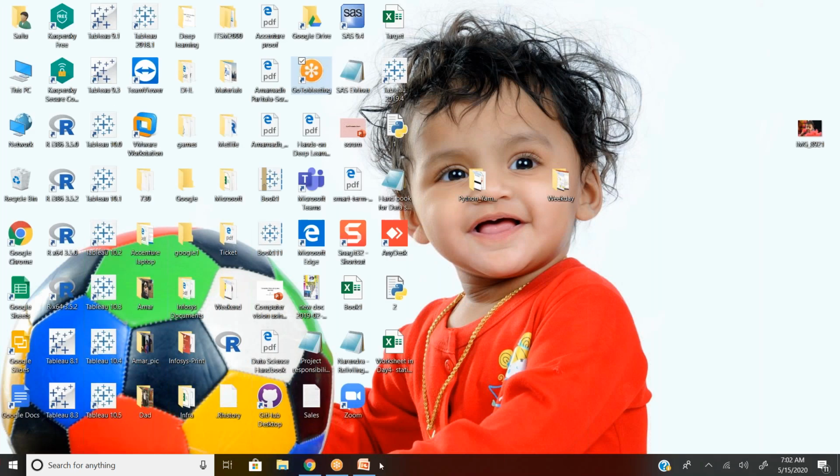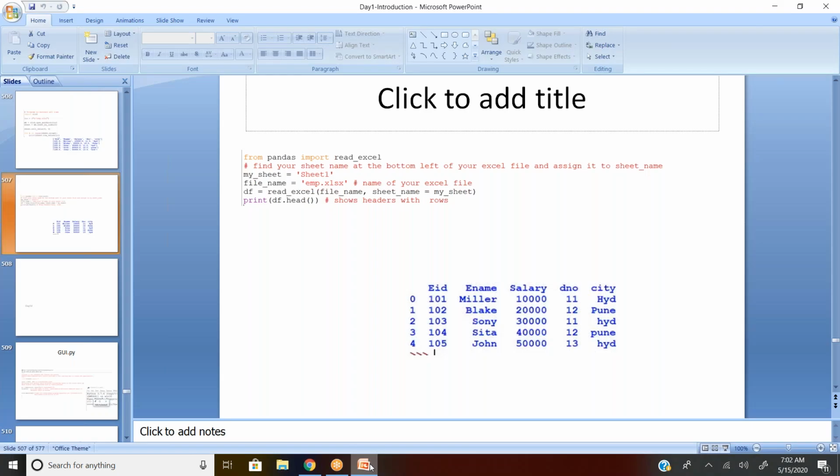So in our last class, we started discussing pandas, how by using pandas you can read a CSV file or an Excel file. I explained that in a single line we can read any sheet. Earlier, we were taking two steps: we need to open, then mention the mode, then close the file. There are 3 or 4 steps we followed.